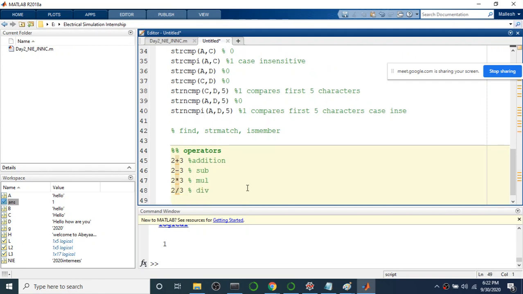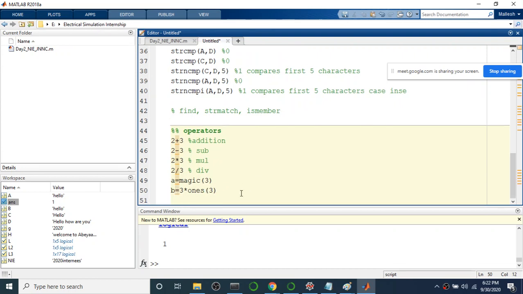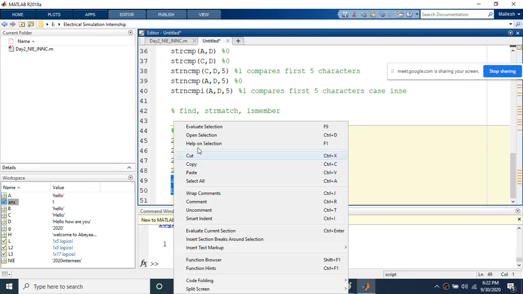Say, like how you perform matrix multiplication. For example, I have this matrix A is equal to magic of 3 and B is equal to, let me not take rand, so B is equal to 3 star ones of 3. So let me execute these two matrices.